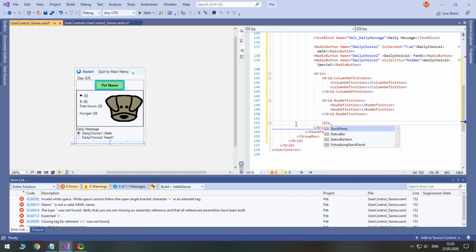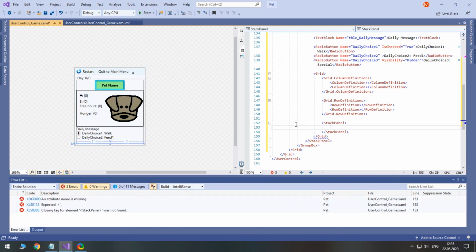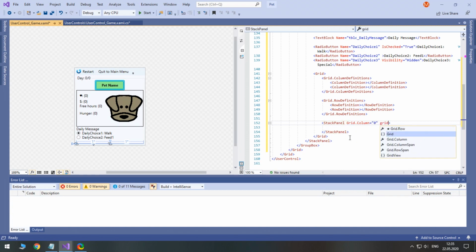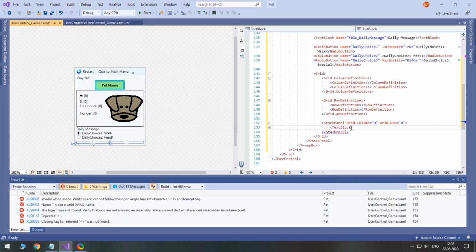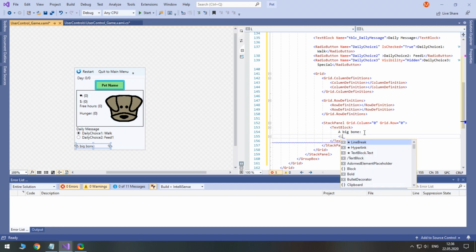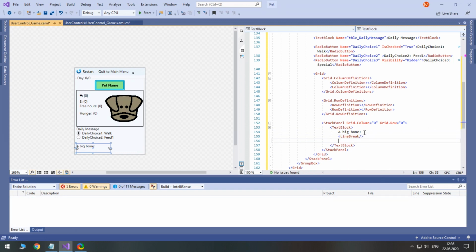For each item, we will use a stack panel. Each stack panel will contain a text block and a button. We will use line breaks to make multi-line description.